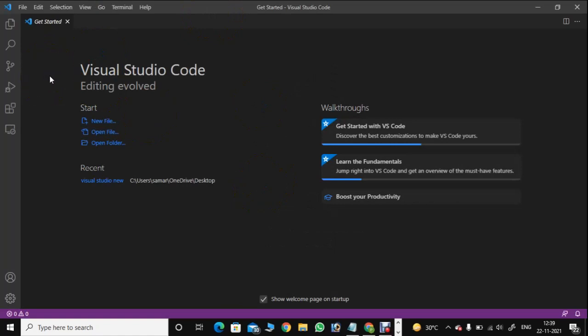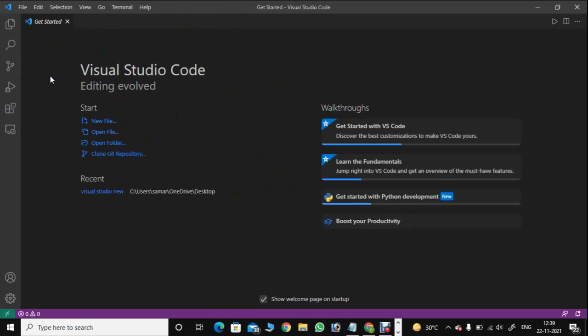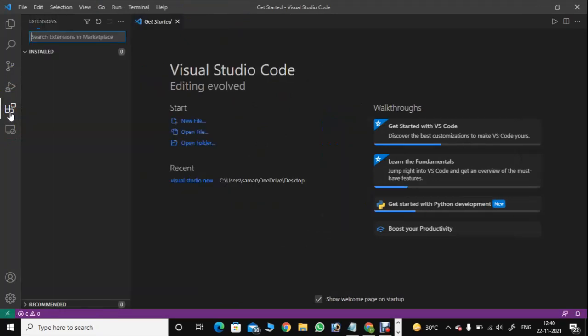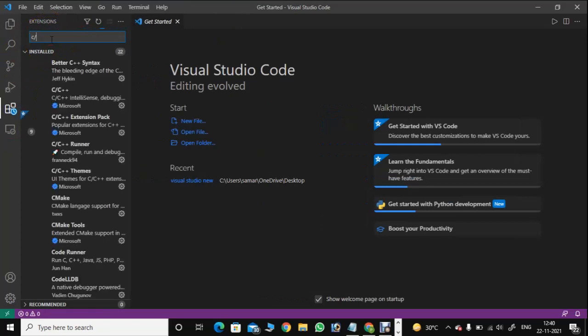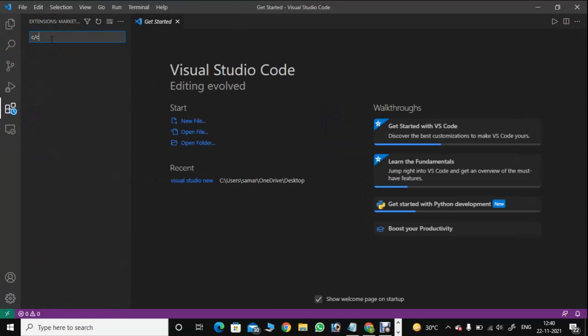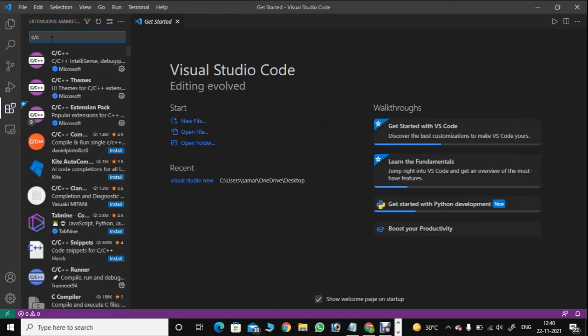Then click on extensions given on the left hand side or press Ctrl plus Shift plus X. I am directly clicking on it. Now search C/C++ in the search bar.